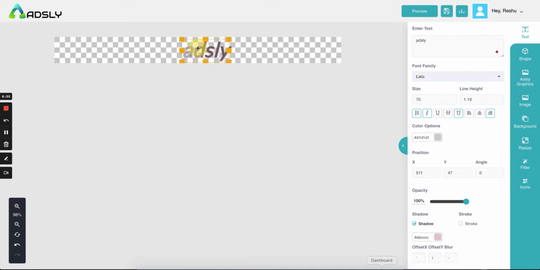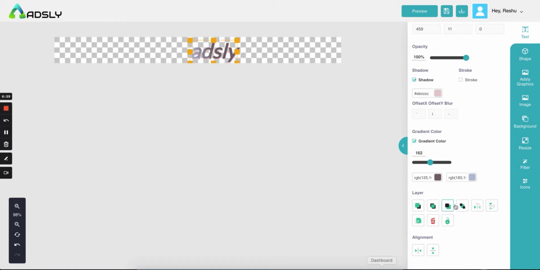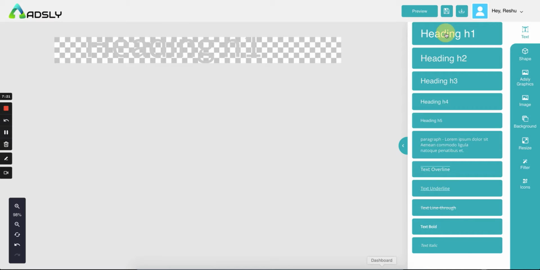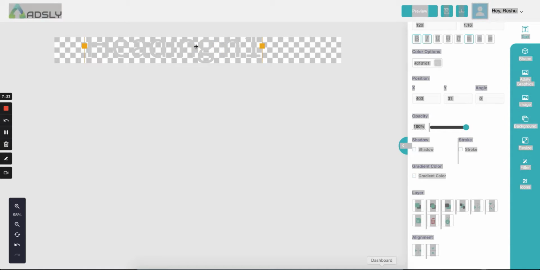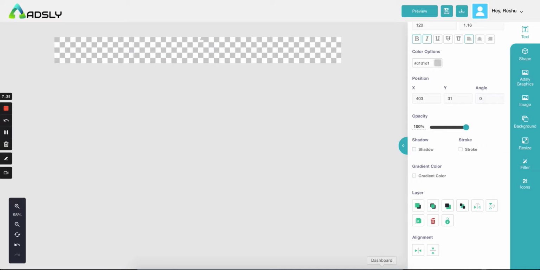Right now we just have one layer of this text, so we don't need this option, but when you add an image and background, then you will need it. These are all layering options. From this you can rotate the text horizontally and vertically. This will help you to copy the text, and this will help you to delete your text. Let me add it again.